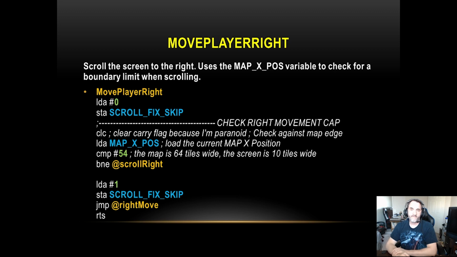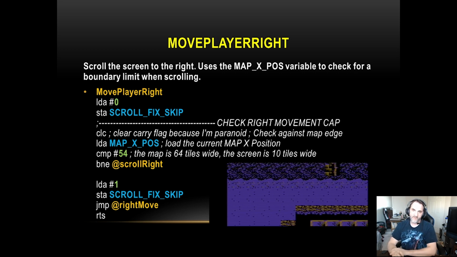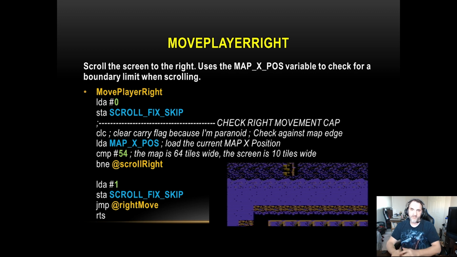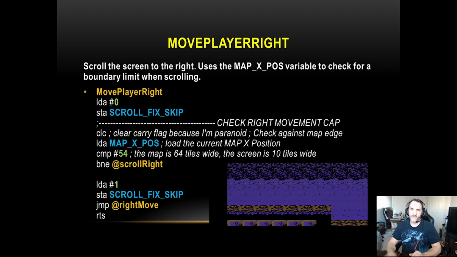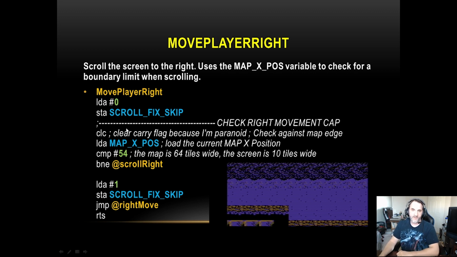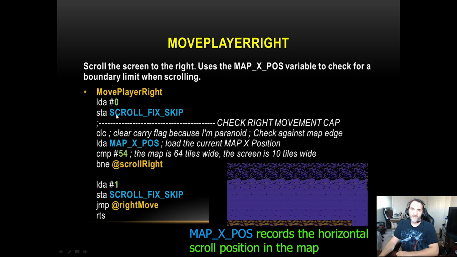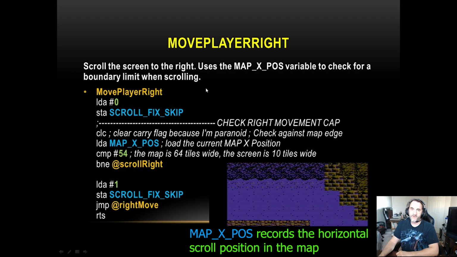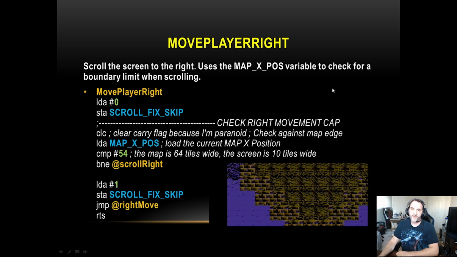Move player right. Scroll the screen to the right, uses mapX_POS variable to check for a boundary limit when scrolling. And of course, again, you're seeing the move player, but player will be introduced later, but for now we're just using it to move a screen. So this is controlling the map movement on the screen. If you look here, you'll see map X position, and here it's checking for a 54. So this is essentially moving the screen to the right here, and as it's moving to the right, it's checking to see when it reaches that 54